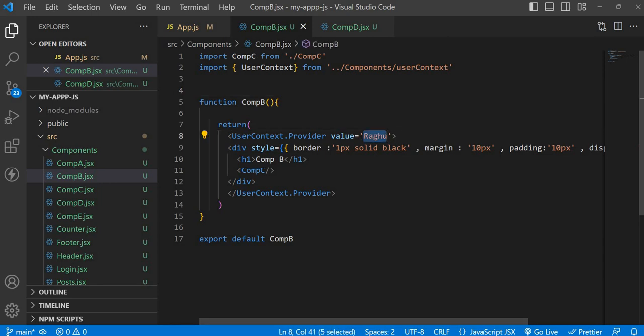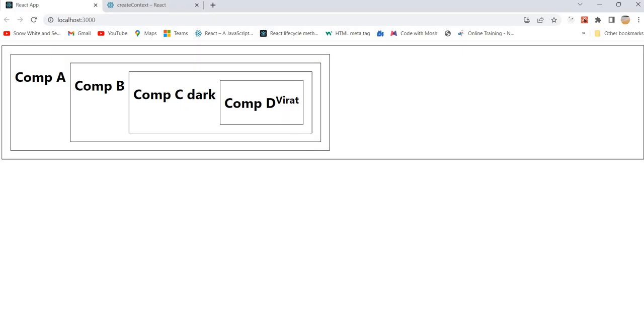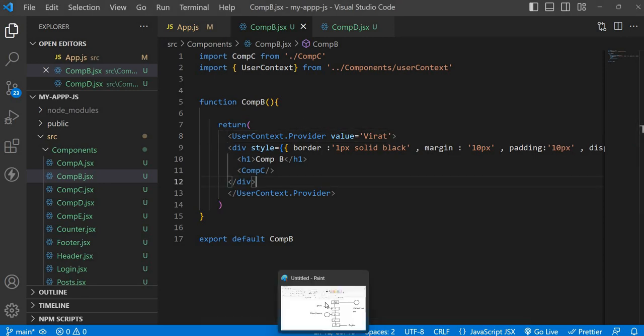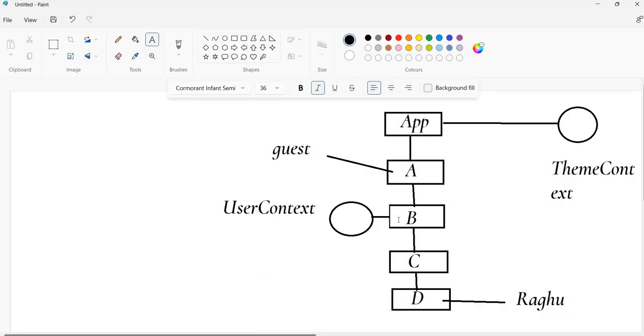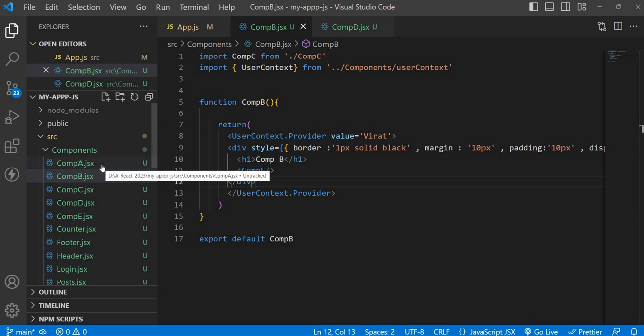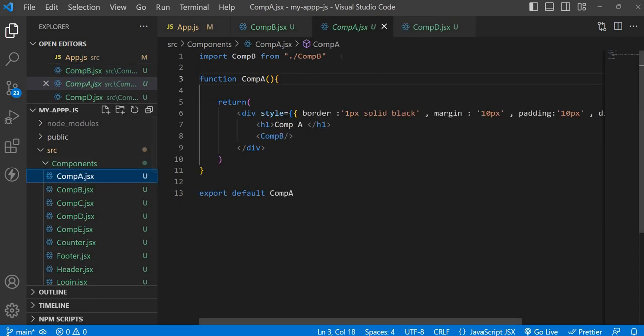suppose if you say Virat, it is coming. So if you try to read this user context from the component A, because A is not a child of B, naturally you should not access it. But if you just try to access it, what will happen? Okay, just go to the component A and import